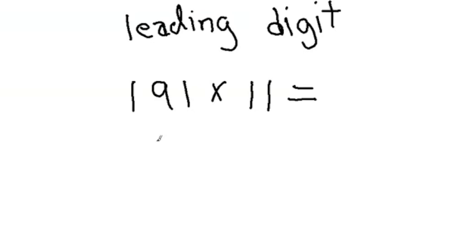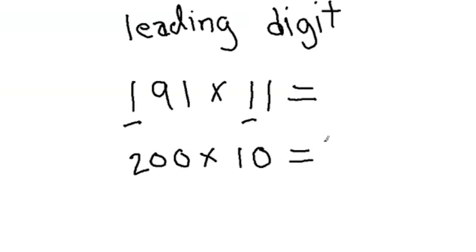Your leading digit is exactly what it sounds like. Your leading digit is the most left number, the first digit in the number. So for 191, it's the 1, and for 11, it's this one. If we round to those digits, I round 1, I look to the number to the right of it, it's 9, which is greater than 5, so my new number is going to be 200, and then I'm going to multiply that times, we look at the 1, we look to the number to the right of it, that's 1, which is less than 5, so we round down to 10,